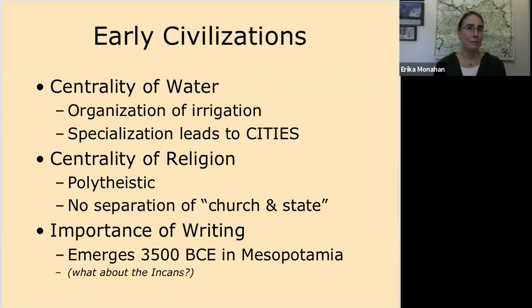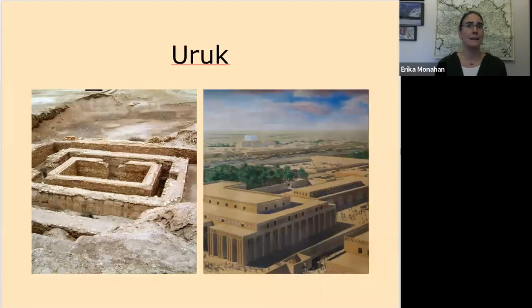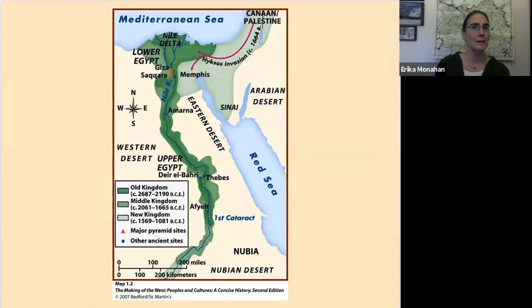emerges around 3500 BC in Mesopotamia, and it becomes increasingly prevalent. Here is a map of Mesopotamia to get some geography straight. And here is a picture of a very, very ancient architectural remains of early civilization in Mesopotamia. Here is a map of the